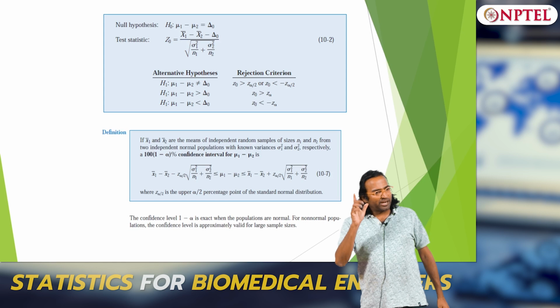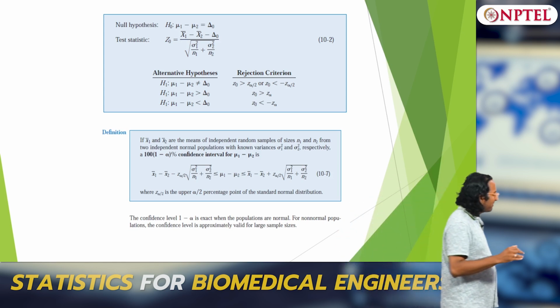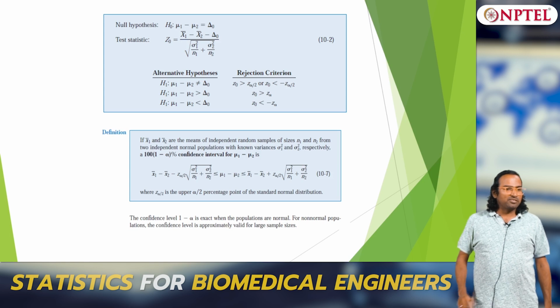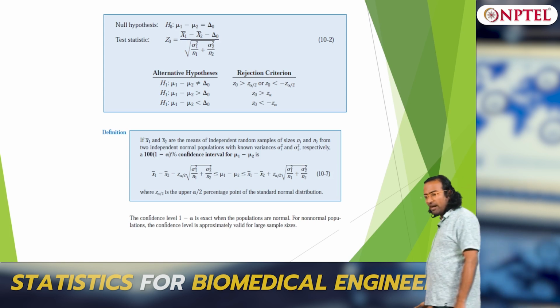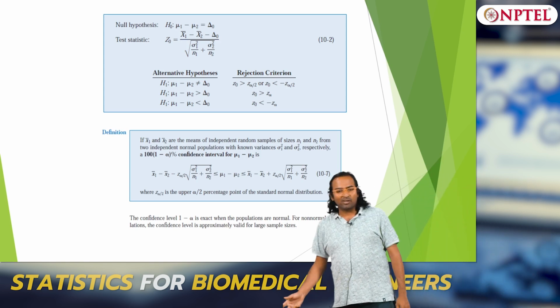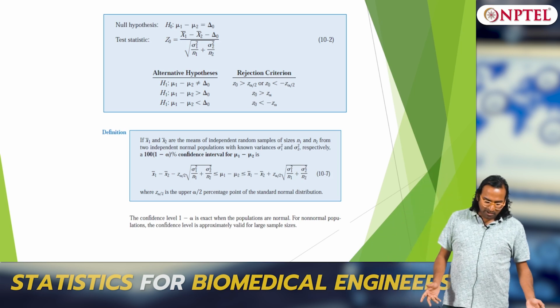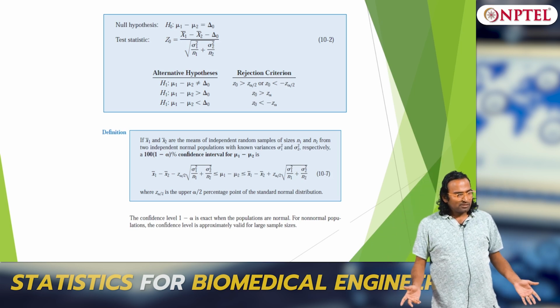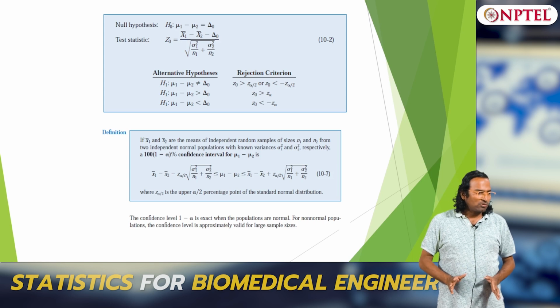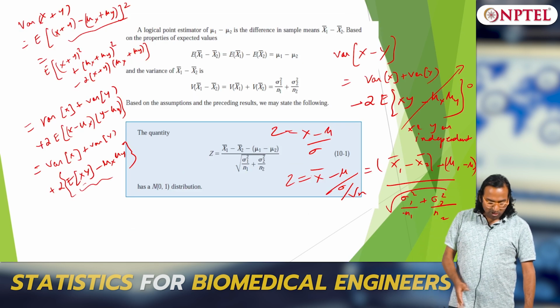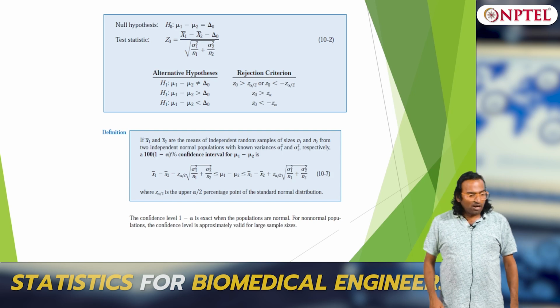So as I said, you can now have the null hypothesis and the alternate hypothesis. The key is to derive the test statistic. Once you have derived the test statistic, it is straightforward. You just have the null hypothesis as delta naught, whatever you want, and the alternate hypothesis as not equal to delta naught, greater than delta naught, or less than delta naught, and accordingly you will form the confidence intervals. Confidence intervals are also now known, because once you know the test statistic, what is the confidence interval?